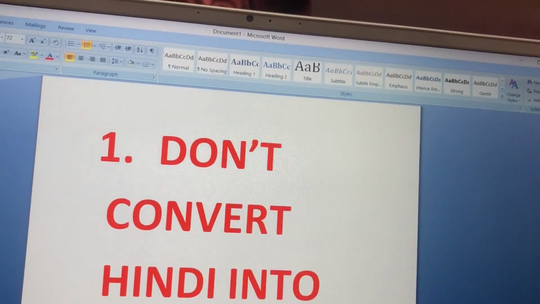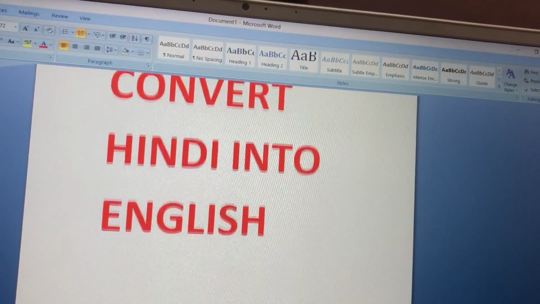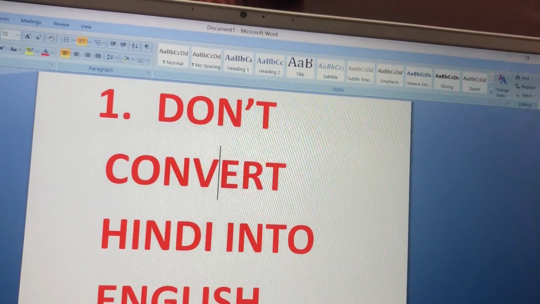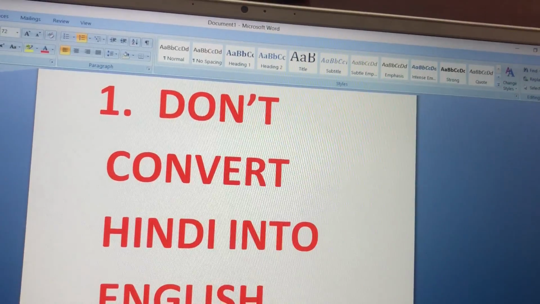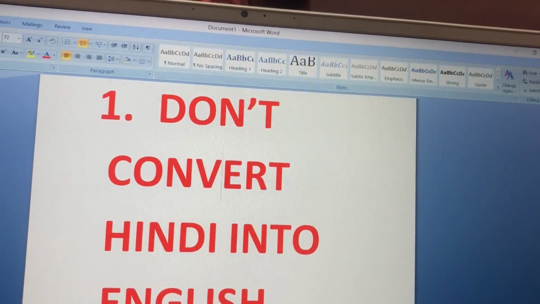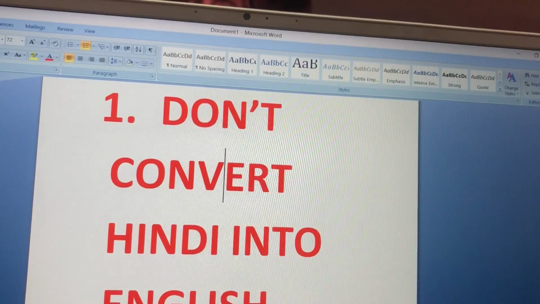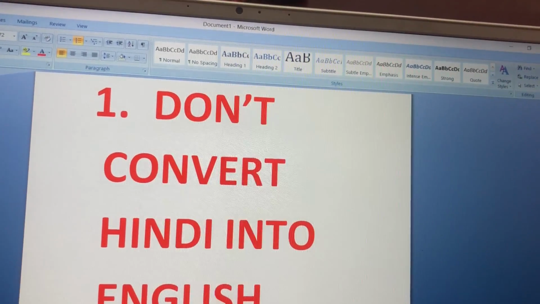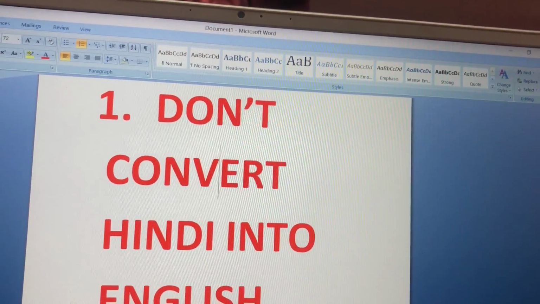The point number 1, as you can see on the screen, is don't convert Hindi into English. Now what it means is that when you try to speak in English in front of someone, your thoughts are going in your mind, and those thoughts are in Hindi, right? So you're thinking of something in Hindi in your mind, and then you're trying to convert that sentence of Hindi into English. Don't do that, because if you try to convert Hindi into English, then the problem is that you